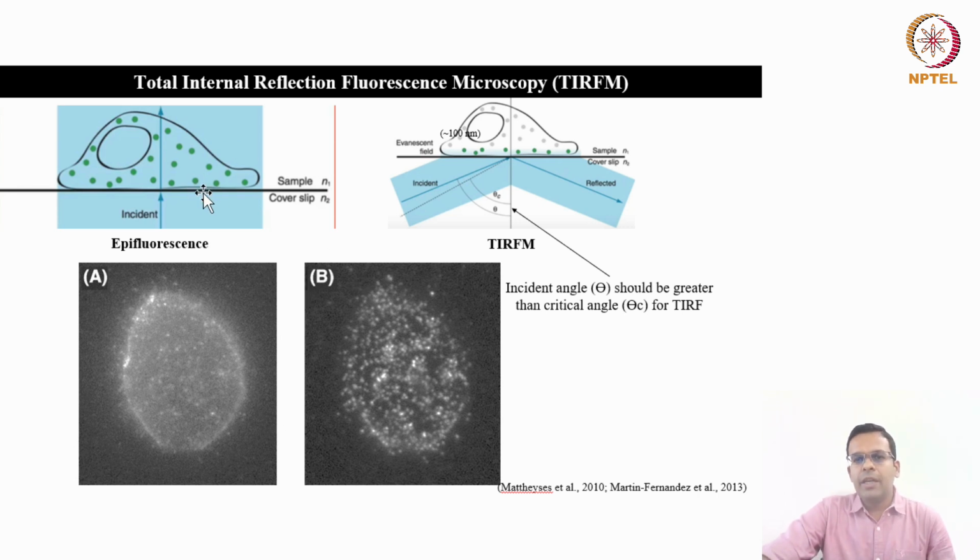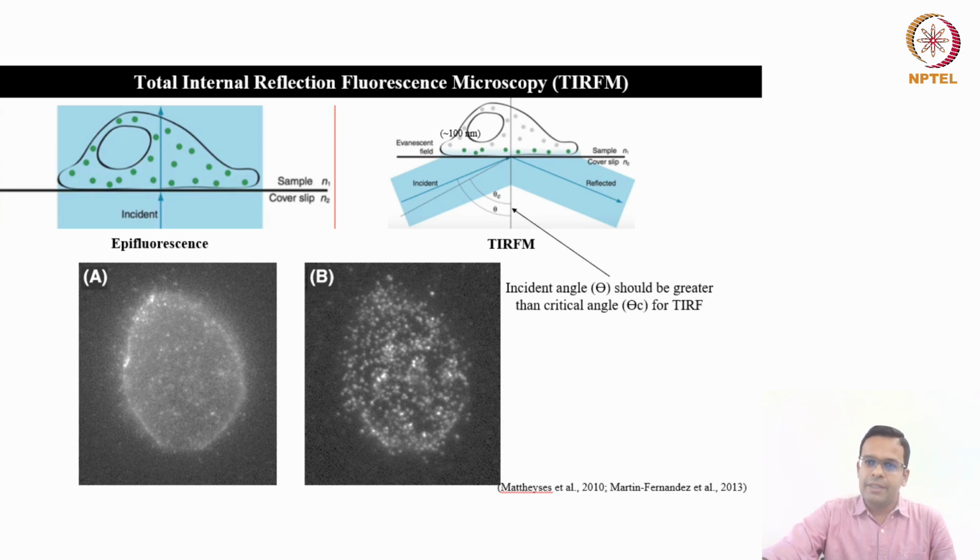So see, here I have shown the difference between epifluorescence and TIRF fluorescence. So epifluorescence illuminates the entire cell, and you can see there are so many fluorescent molecules inside the cell and all of them get excited at the same time. Okay, even though the focal plane is here and you can collect the fluorescence from only one focal plane, not from the entire cell. Whereas in TIRF microscopy, you see this is the incident light. Incident light enters at a particular angle, and that incident angle should be greater than the critical angle for TIRF.